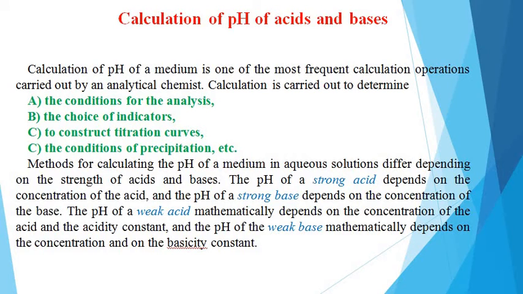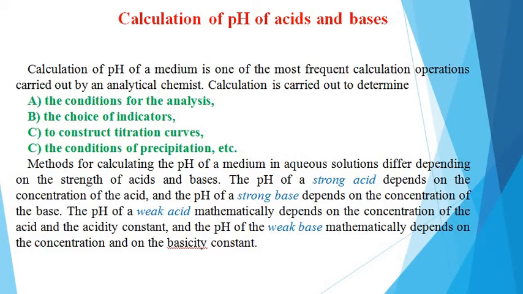Now about the calculation of pH of acids and bases. Calculation of the pH of a medium is one of the most frequent calculation operations carried out by an analytical chemist. Calculations are carried out to determine the concentration for the analysis, the choice of indicators, to construct titration curves, the conditions of precipitation,